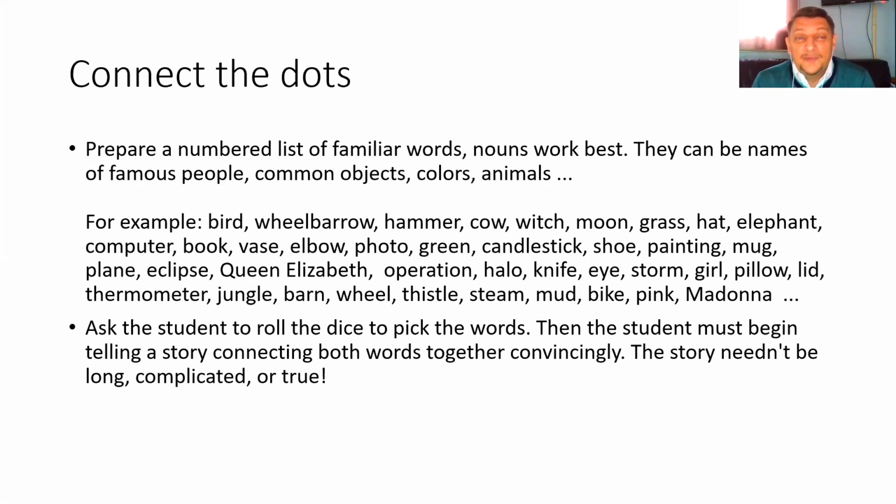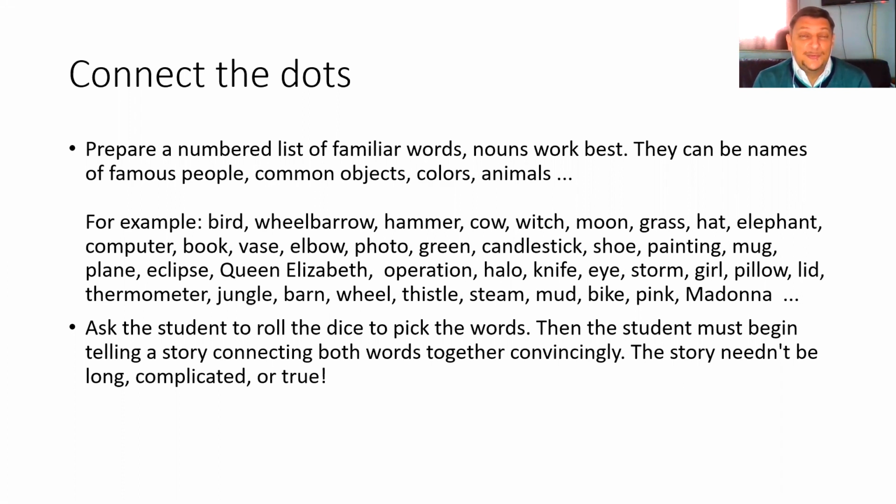For example, you can prepare a numbered list of familiar words, and nouns work best here. These words can be names of famous people, of common objects, colors, animals, and so on. For example, you can use words like this: a bird, a wheelbarrow, a hammer, a cow, a witch, whatever. And the good thing about this is that you don't really have to be very careful selecting those words, because